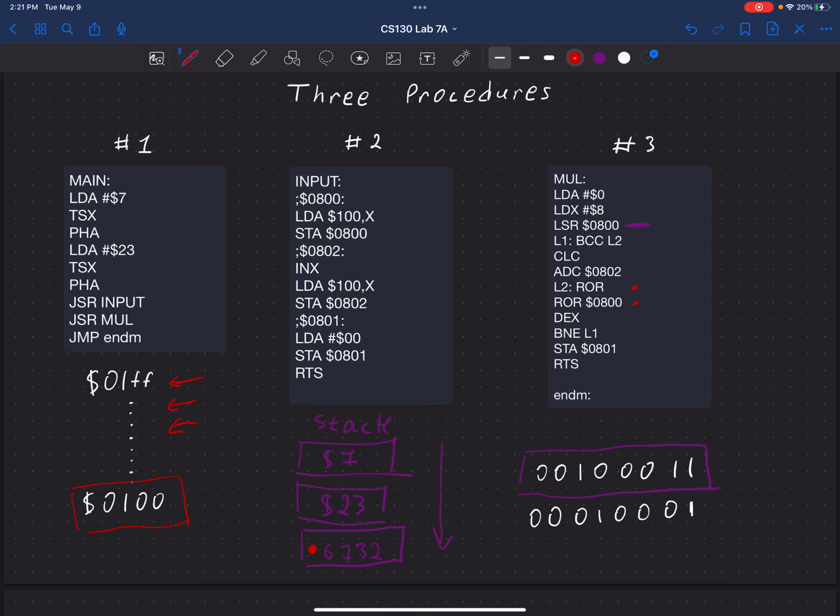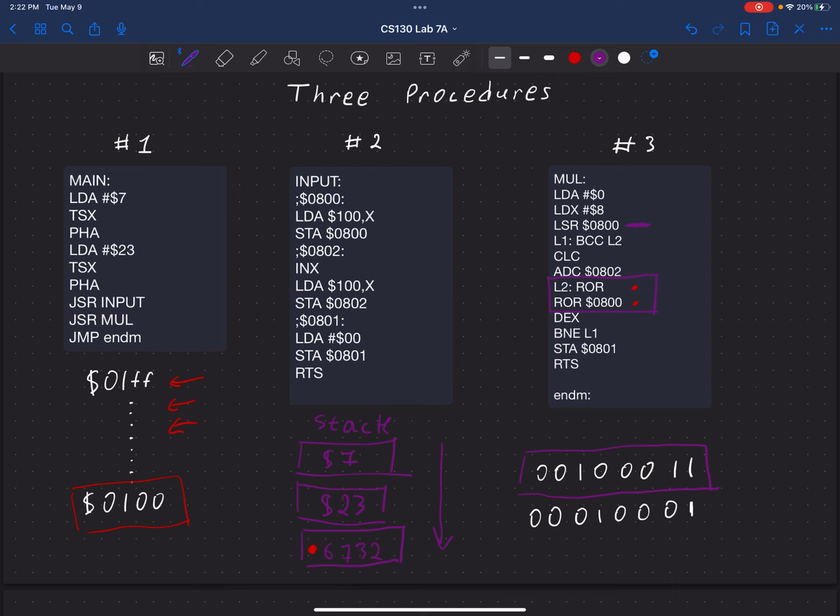Okay, yes. So, when you see these two rotate functions, what they're essentially doing is, the first one is going to say rotate the accumulator, store whatever is in the 0th bit into the carry flag, and then the next rotate, which is rotating the multiplier, is going to say take whatever is in the carry flag, put it as the 7th,